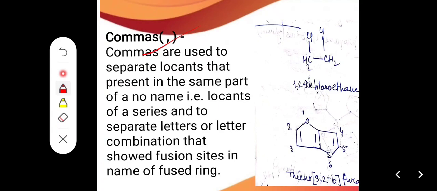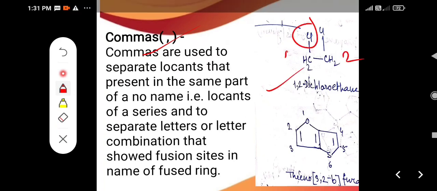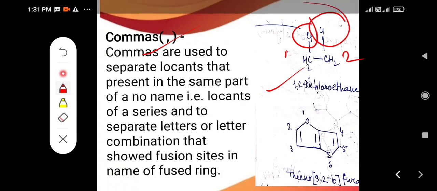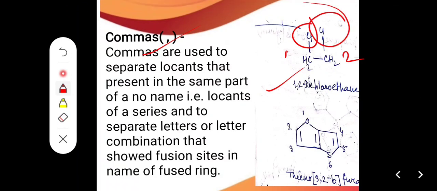So 1,2-dichloroethane, that is, at one position one chlorine group is present, and at the other, position two, the carbon has the other Cl. So we can say dichloro, that is, two chlorines are present, but their locants are different. At one carbon one chlorine is present, and the other carbon, that is the second carbon, has the other chlorine. So we can say 1,2, then hyphen, dichloroethane. Similarly, thieno[3,2-b]furan. Now we check it, the name is actually not